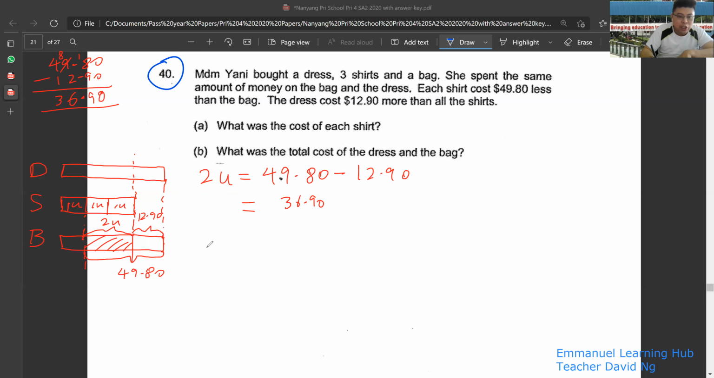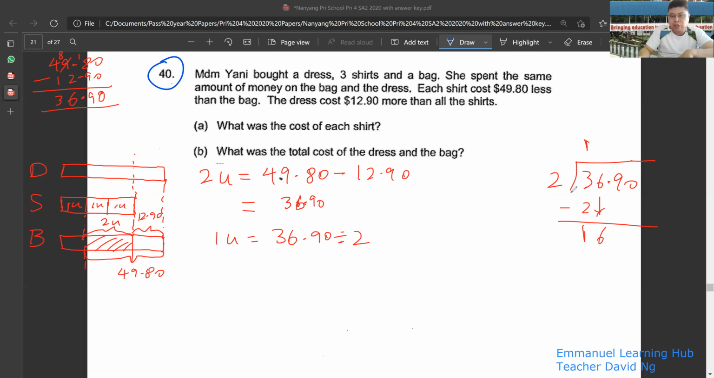So these 2 units, right? But they want each shirt, right? Each shirt is 1 unit. What must you do? Divide. Divide by how many? 36.90 divided by 2. What is 3 divided by 2? 1. 1 times 2 is 2, right? So 3 minus 2 is 1. 6 I bring down. 16 divided by 2 is